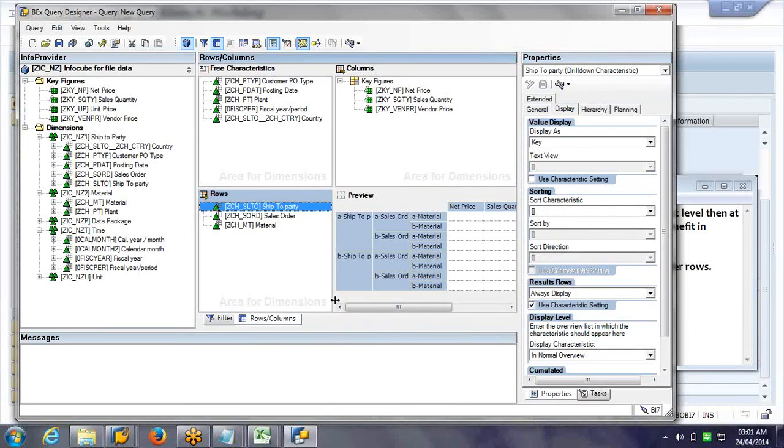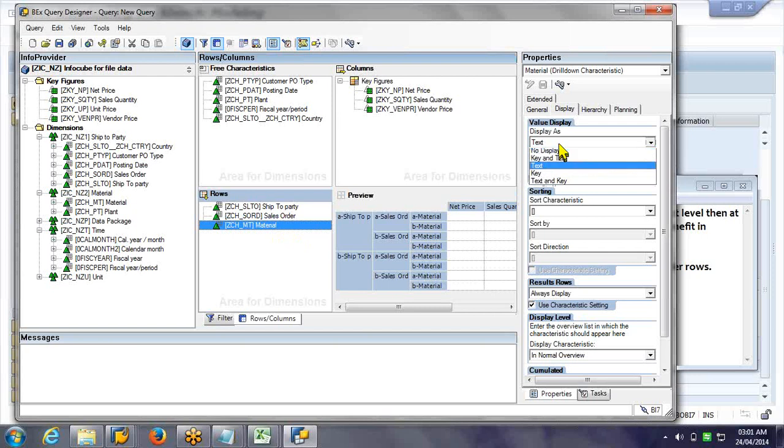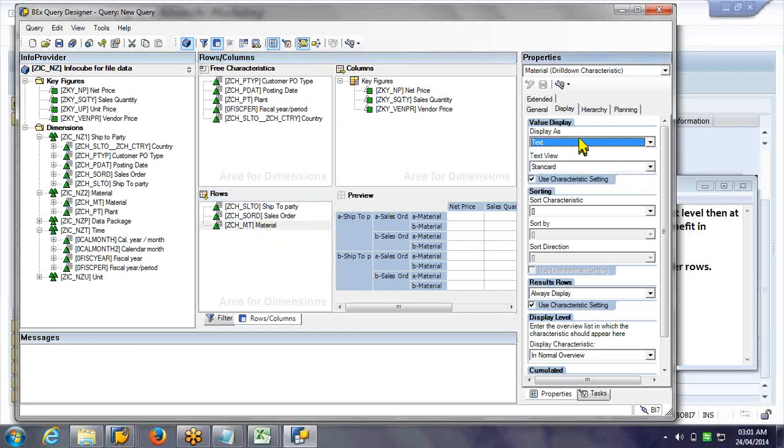So for ship to party I am saying result rows display, but for sales order I say result rows suppress. For material, let us keep it as display, we will see the difference. And sales order, I am keeping it as text.